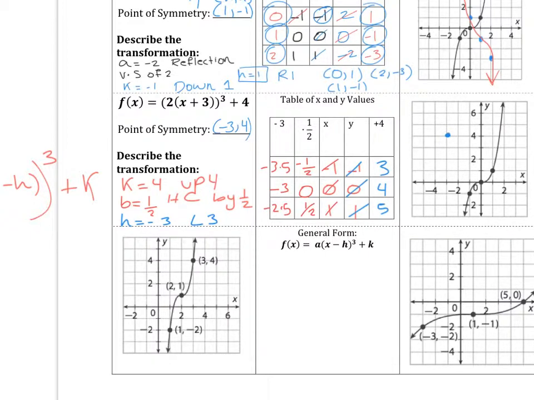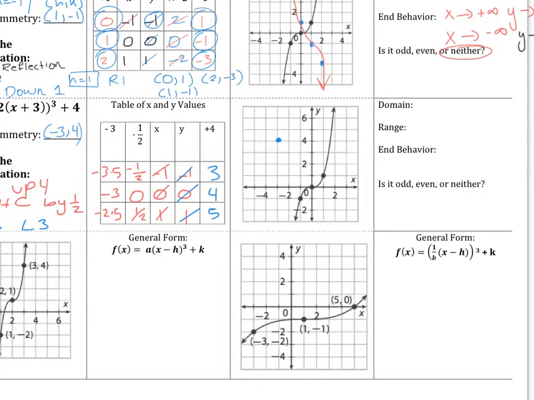So let's go ahead and plot those points, and the points will help me figure out what the pattern is, okay? So remember, those are all crossed out. So my new x is -3.5, and my new y for that x is 3. So -3.5, and then a 3, and then I have negative 3, 4. I already know that from before. That's the point of symmetry. And negative 2.5, and then a 5. And it's a positive function, as you can see, so you connect them as such,